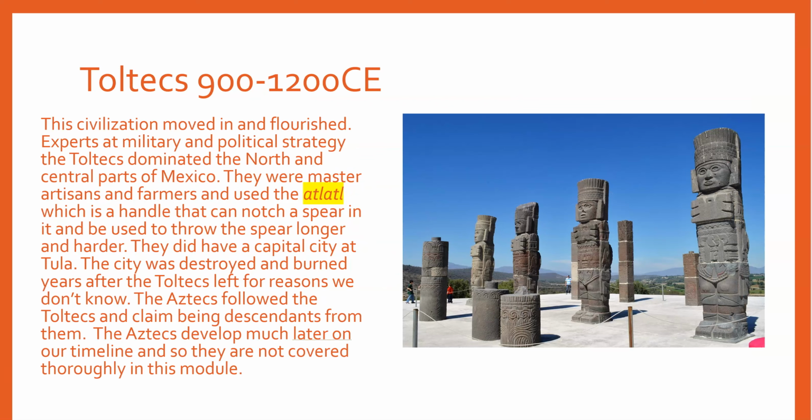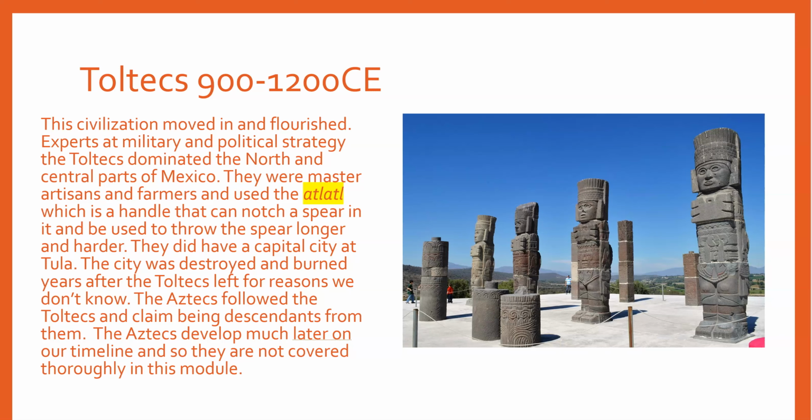Another tribe, the Toltecs. This civilization really moved in after the Mayans. We kind of started to see the Mayans' downfall a little bit. One thing that really helped with the Toltecs' rise is what's called the atlatl, and you'll need to know that for the test. That is a stick with a handle on it that is notched, and you can put a spear that fits into that notch, and you're able to throw the spear, not holding it by your hand, but holding that atlatl handle. What that does is allow it to be flipped, almost slingshotted, even harder and faster. So it became a really dominant weapon for the time period.